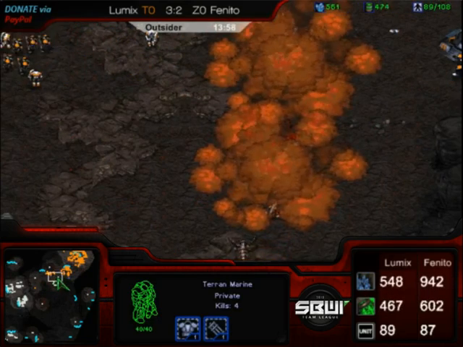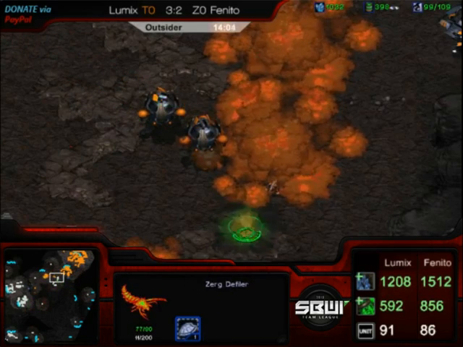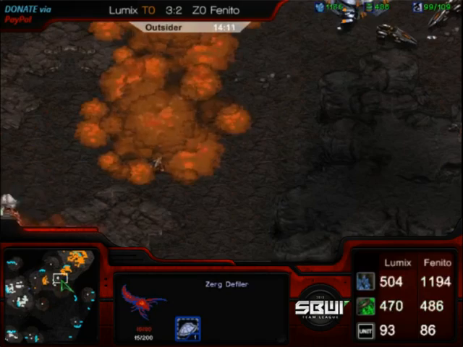And he's almost at the natural now. Lumix is going to be so careful. If another Defiler is able to get up here, the situation is going to get really ugly. He should be able to radiate this one Defiler here soon. Yeah, finally he's able to radiate it. So he might not get swarmed into his natural right this moment, but...